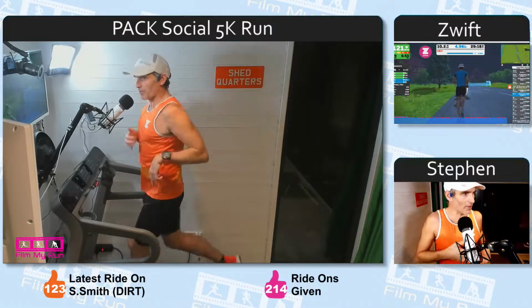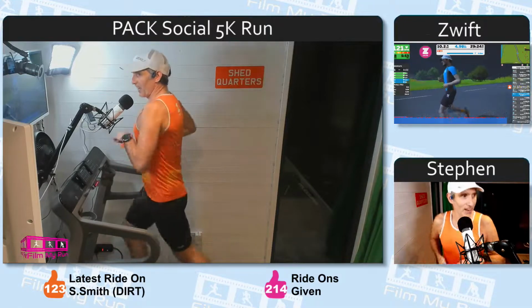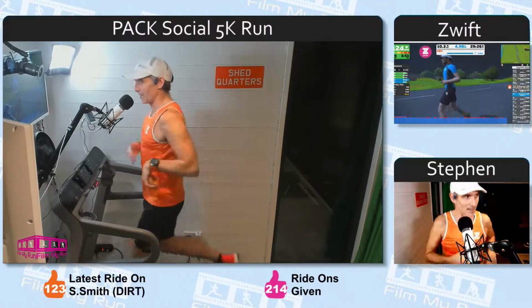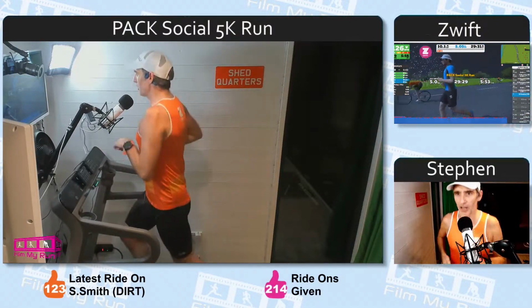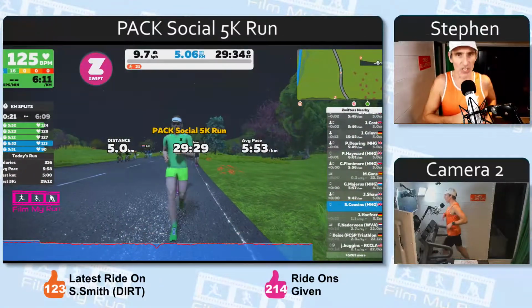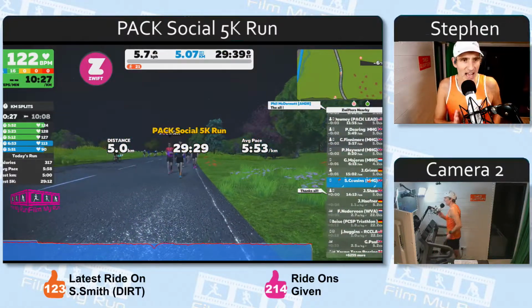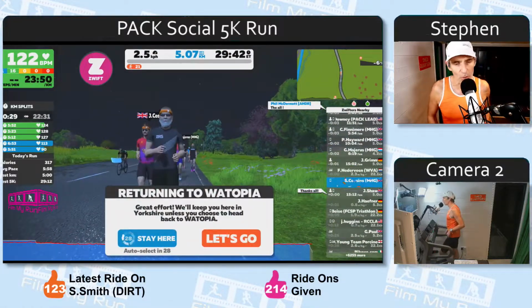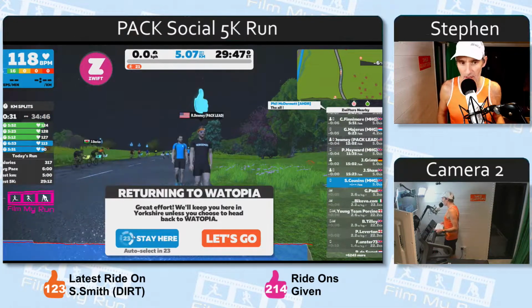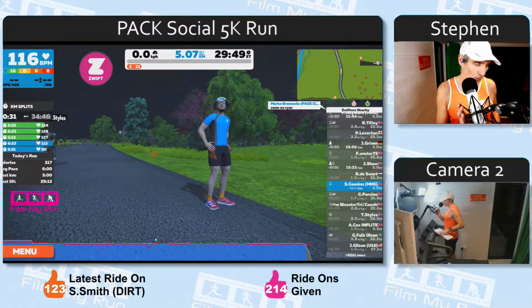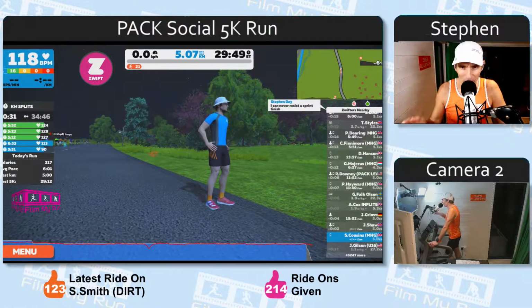Kev France says, every time I go out on my own, I struggle to contain myself. I always say nice and steady, and then I start flying. Yeah, so you need to be disciplined, Kev. You've got to be disciplined, especially if you see other runners blasting past you. It's very tempting to see other runners speeding away, and they look at you like, you're slow and I'm super fast. I'm faster than you because I started behind you and I've overtaken you. I'm uber cool. You can see that's going on in their heads, can't you?